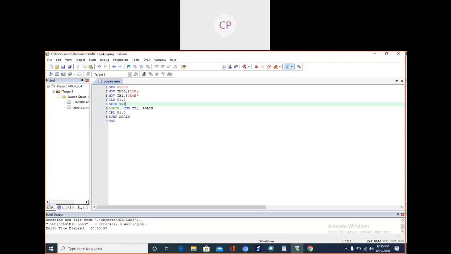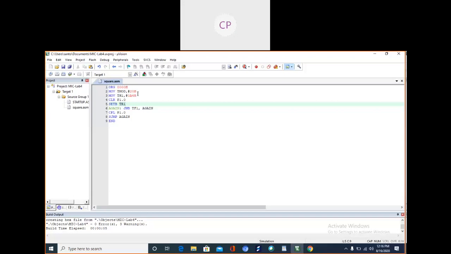When I load that count into TH1, A4, I then toggle pin P1.0. Means if it is set, make it pulse low, and I will start the timer. Then what happens after the timer starts? That count A4 gets incremented: A5, A6, right? Up to when?